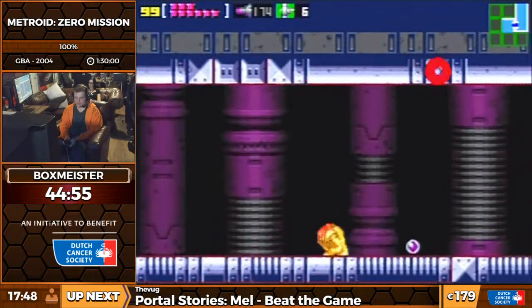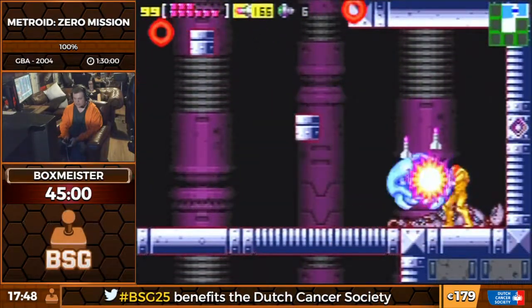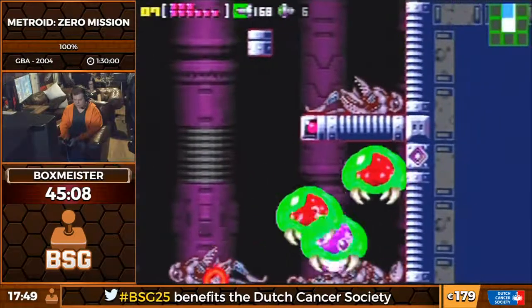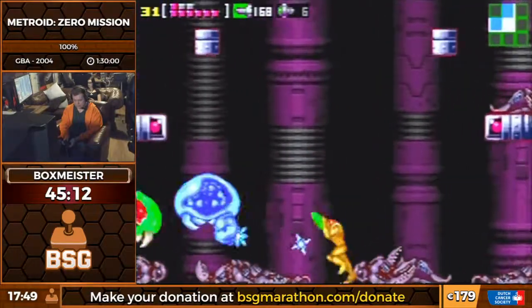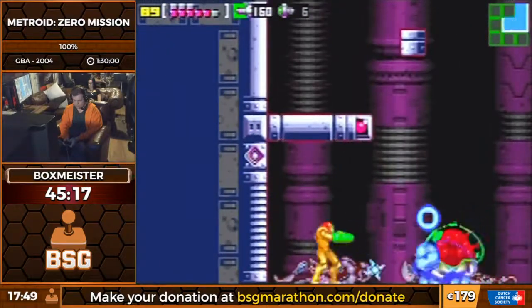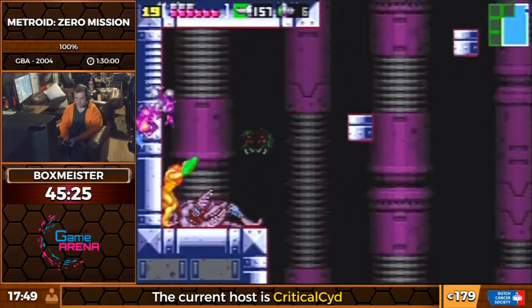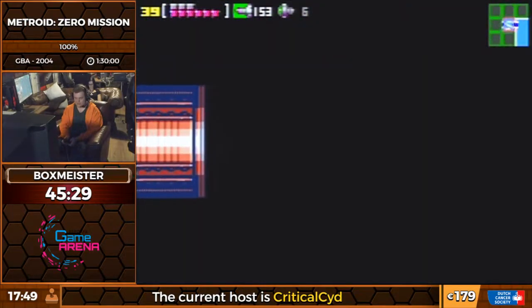Preferably, I'd also get a few missiles here. I'll keep it. And as you see, using normal missiles is a bit slow. And I hopefully get a few more drops. And you can bomb. Okay, I ran into a little bit of trouble with the Metroid, but that's fine. No further super drops, but we're all set for the